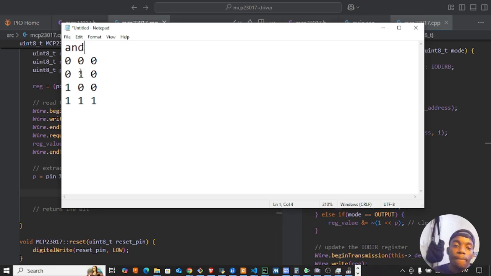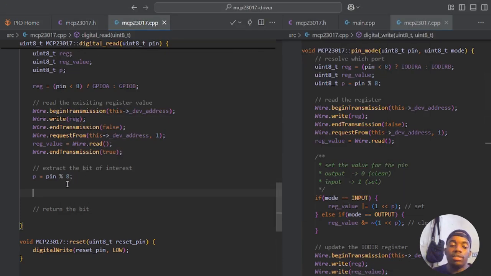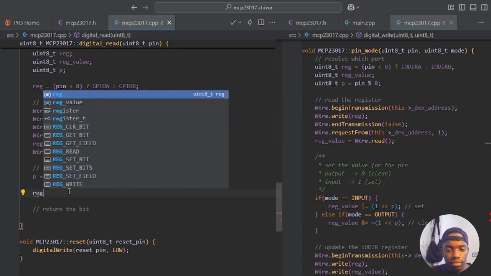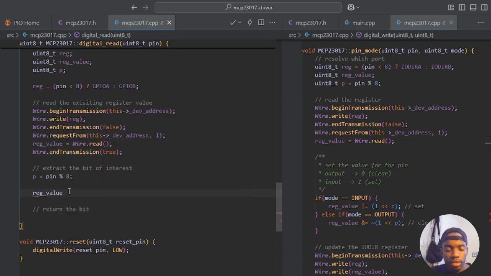So it means if we shift a 1 into our position of interest and AND it with the register value, we'll get a 1 if that bit is set, and a 0 if it's not set. Very basic, right? So what we do is say reg value is equal to,